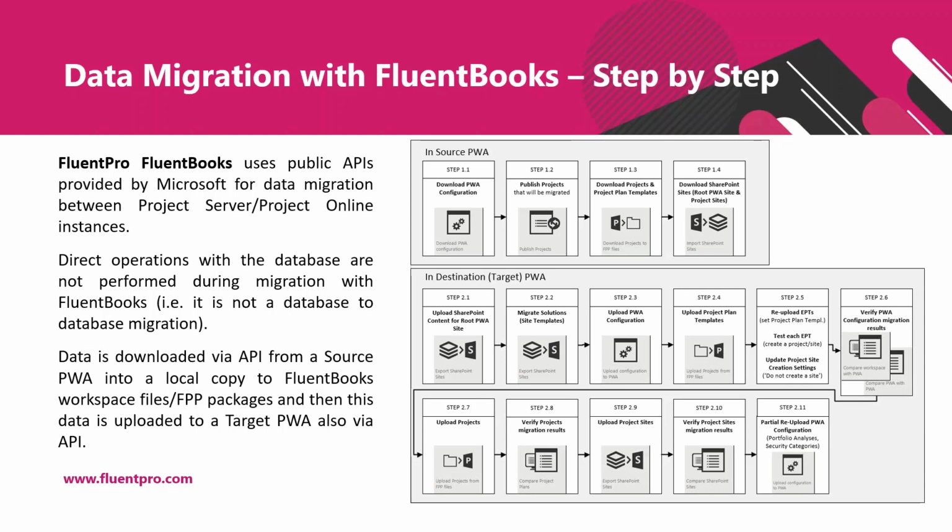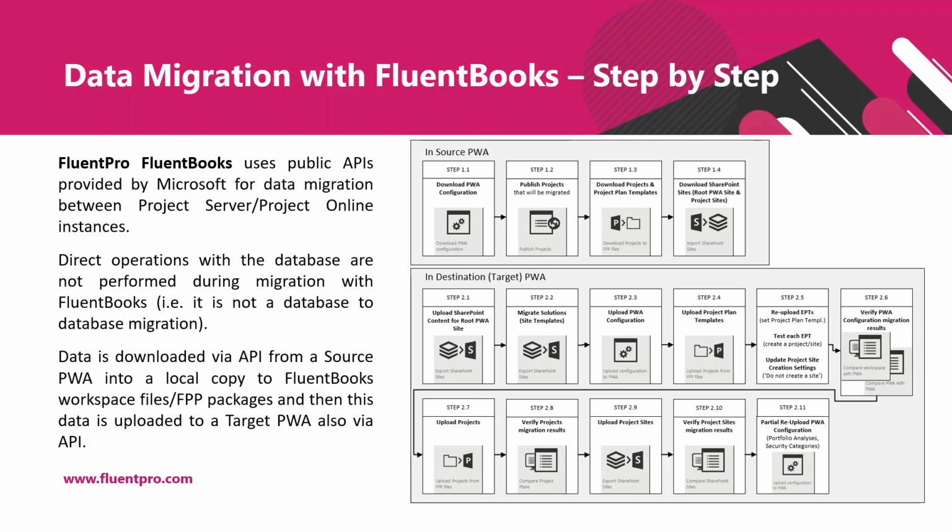In this case, if you compare PWA with PWA, you will see differences that are not migration issues but just changes introduced by users. So once PWA configuration is uploaded, verified, and everything is good, the next step is to